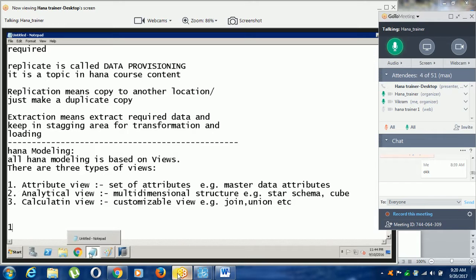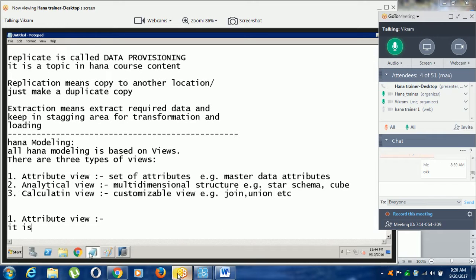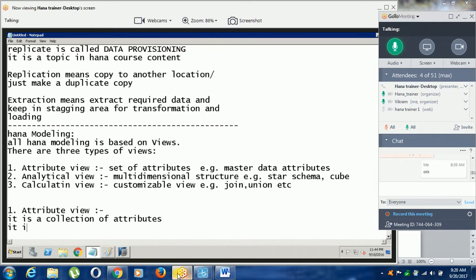We will explain it later, but right now I am explaining the attribute view. Here we don't have the extended star schema concept. We can follow it in the calculation view. It is a collection of attributes.